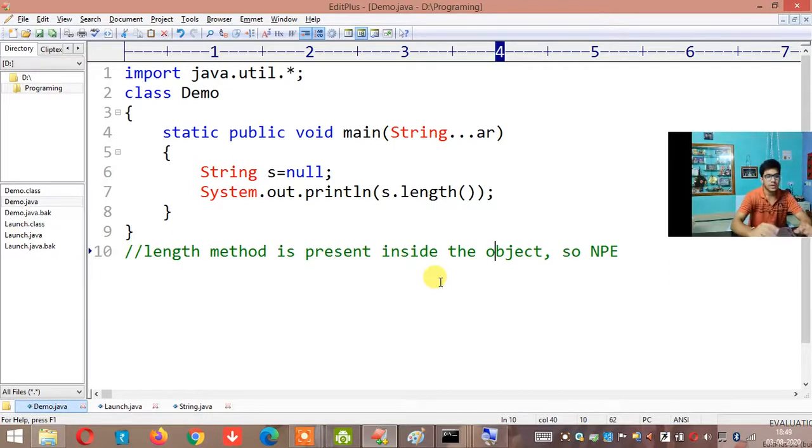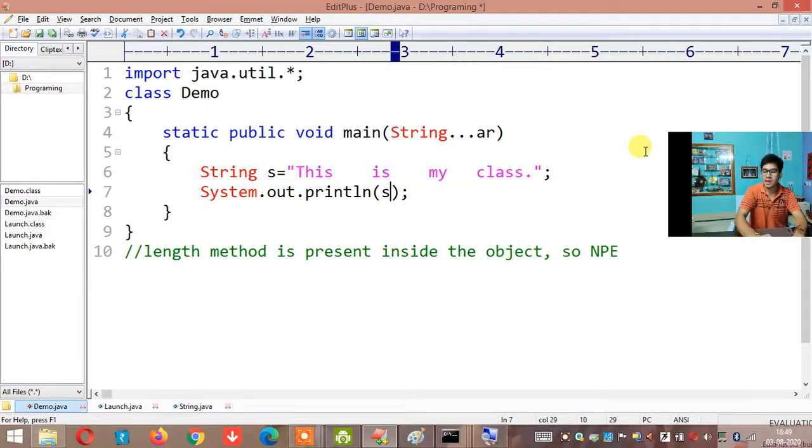Okay, so now let's see. When I taught you the split method, I told you there was some problem, right? What you have to do is remove the multiple spaces which are in between. So if I have string s is equal to, right, if I have this, this space is my class, I have to print the new value of s. And I have told you that using the inbuilt method it is simple.